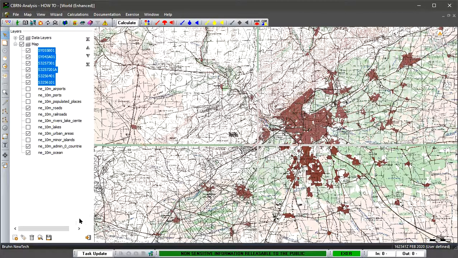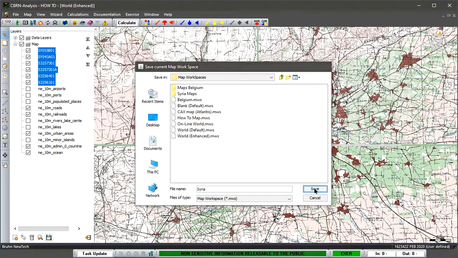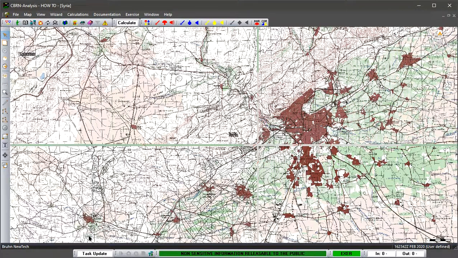Once we've done that, don't forget we need to save. And again, we just call it whatever we want to call it. We're just going to call it Syria and go save. So now we have a Syria map. And again, we can add additional maps, but we can now close down the layer control window. Don't forget,